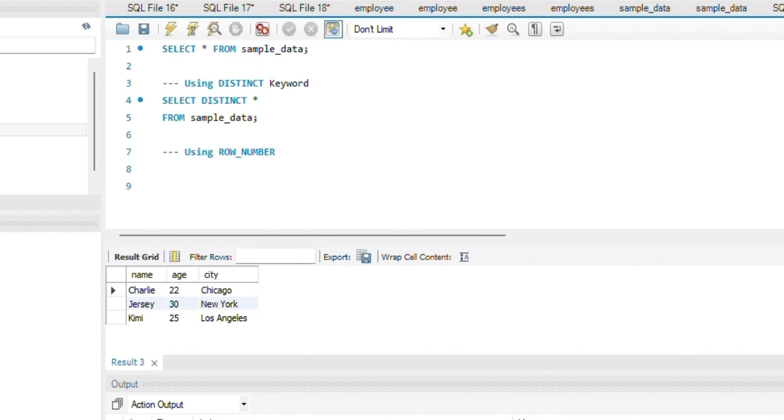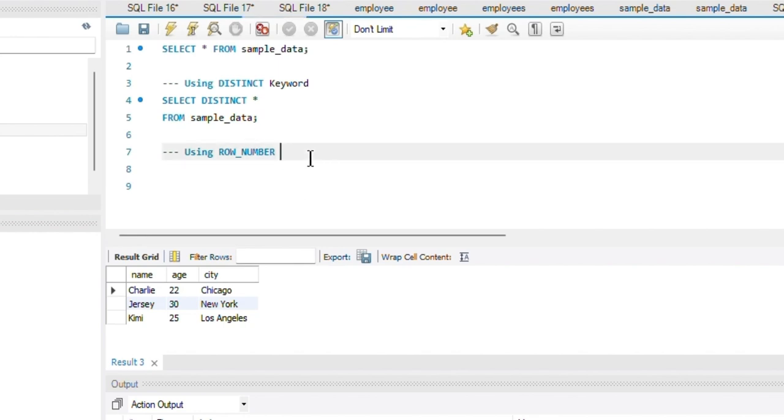Then in the final selection, we will write a query to retrieve only those rows from that CTE where the row number is 1, and it will give us only the first occurrence of each set of duplicates, eliminating any subsequent duplicates. So this method will ensure that we only get the distinct rows based on the combination of name, age, and city in the result set.